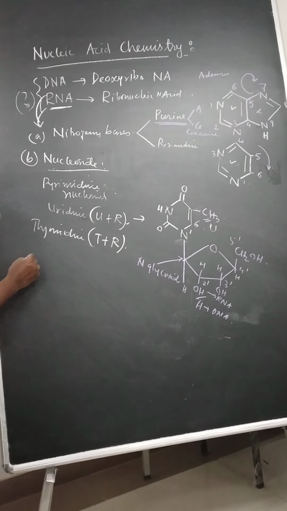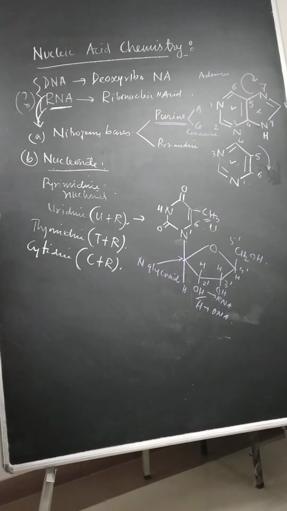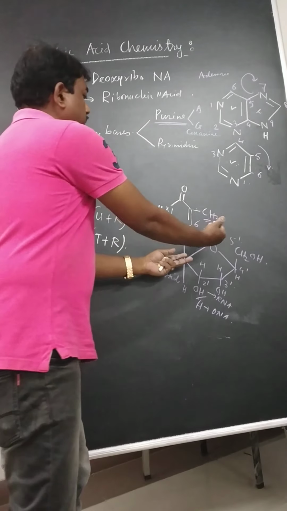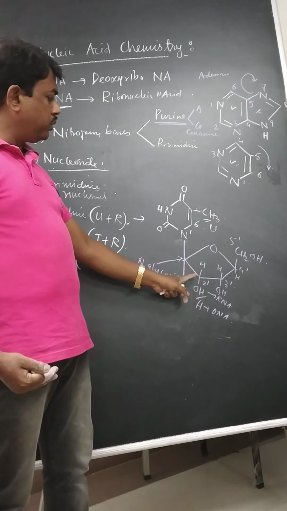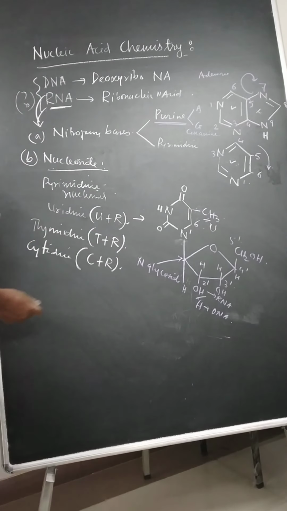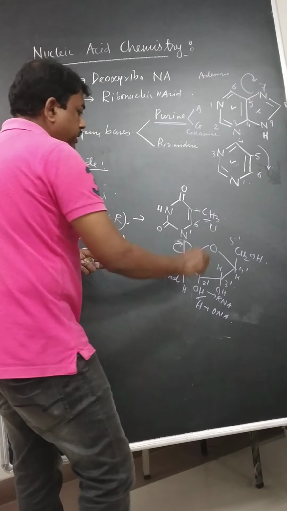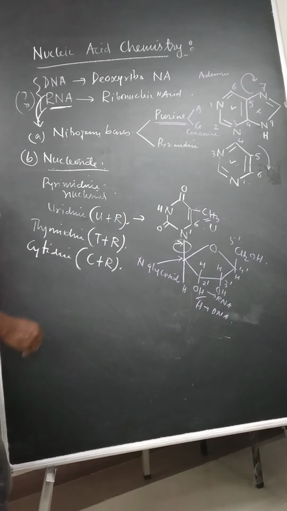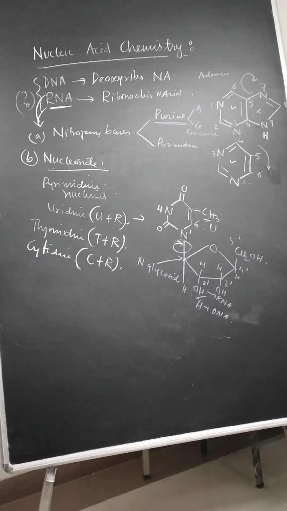Now third is the cytidine. Cytidine is cytosine plus ribose. Again the same thing, this can rotate, this can form anti and syn conformation, again it can form the 2' endo, 2' exo, it can form the 3' endo, 3' exo, everything. So rotation around this N-glycosidic linkage is a free 360 degree rotation, and different rotation will produce different conformations of the total nucleoside molecule. So what is